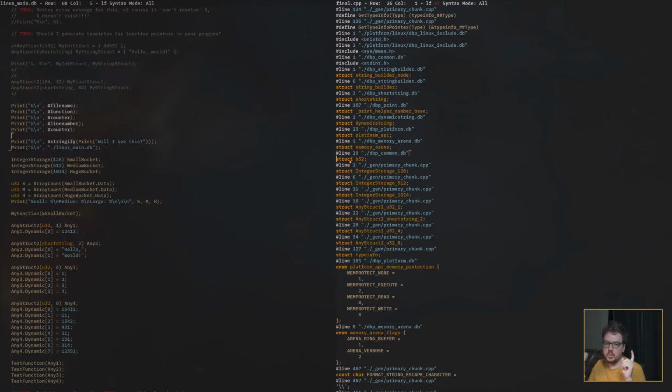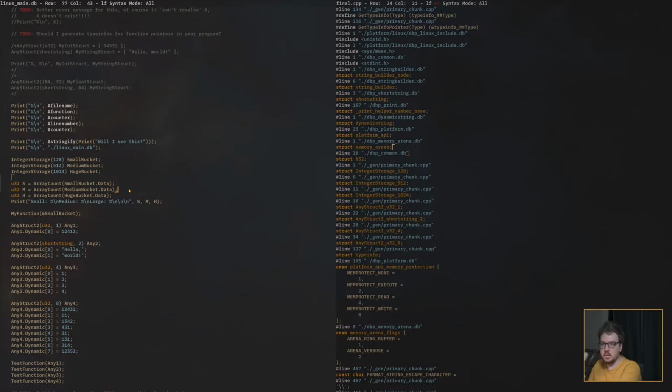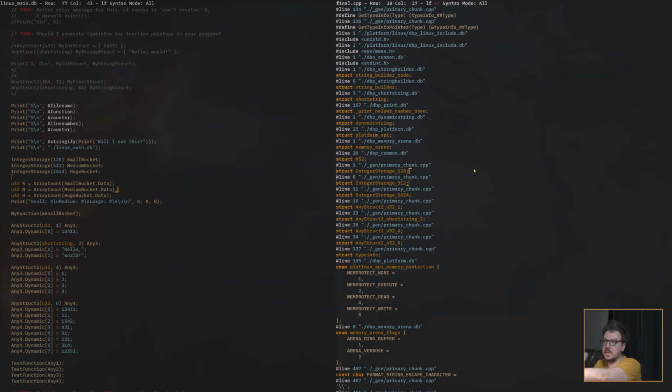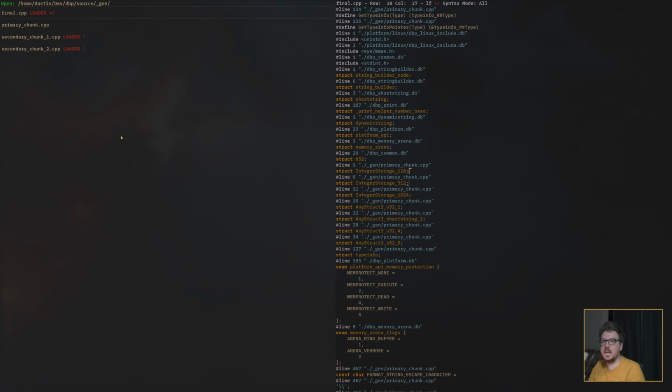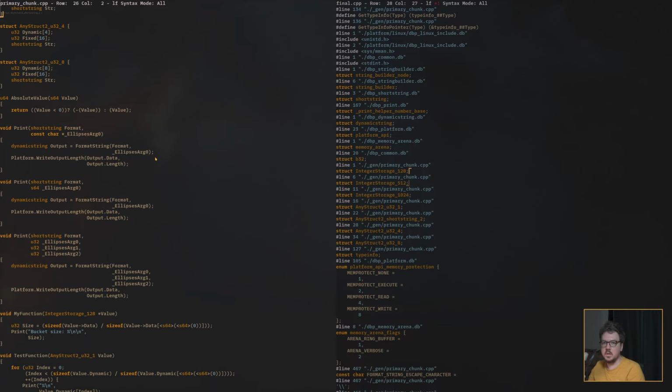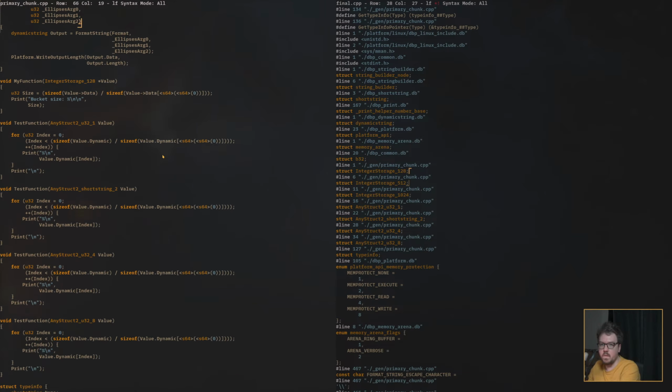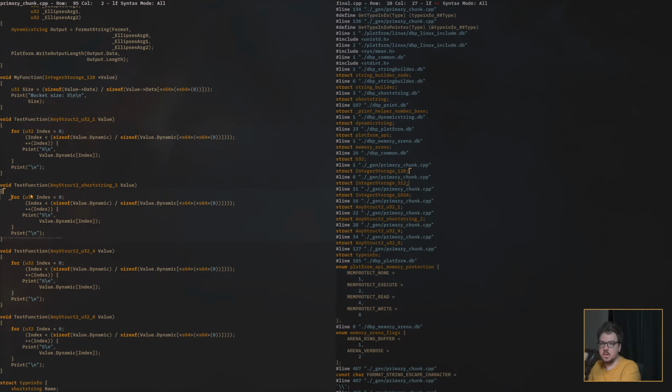But it means both the debugger and the compiler respect this. So what's really cool is all the code I generated over here, if I want to go debug it in VS Code, I never have to look at this craziness. I can set breakpoints over here and step through it like normal. And what's really cool is because I'm spitting out these chunk files, these are the codes being generated from your function templates and stuff. I can set a breakpoint here, and it knows how to hook the code up.